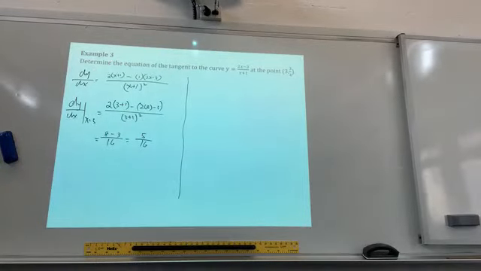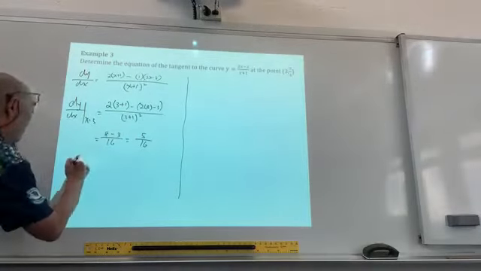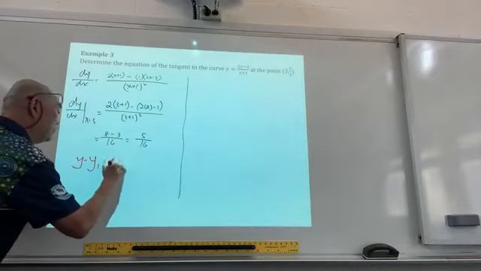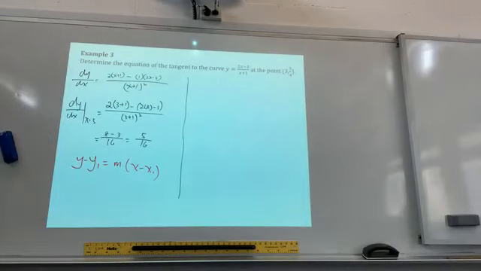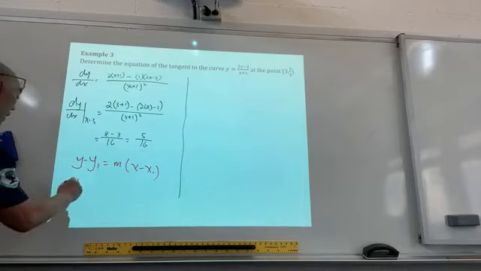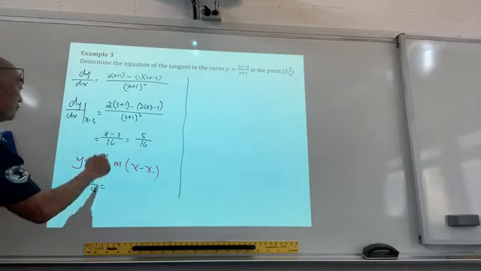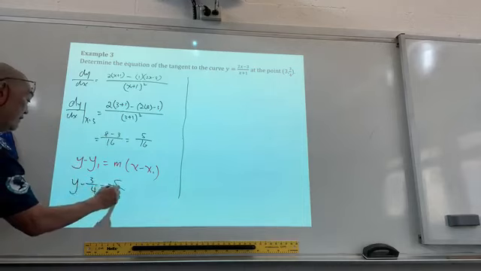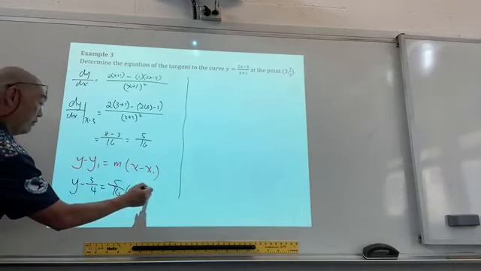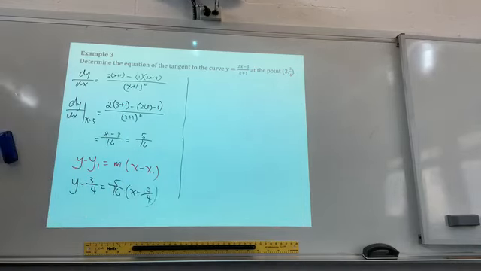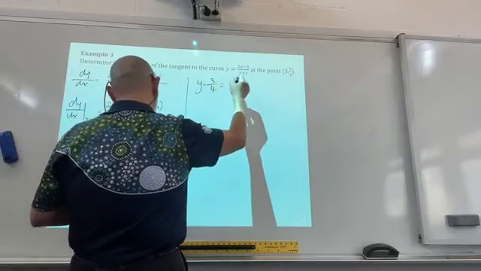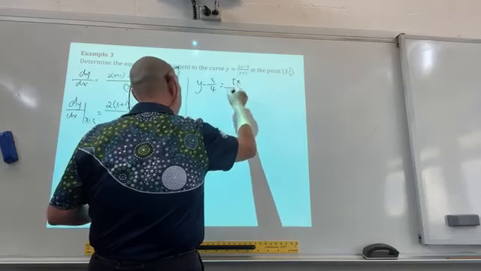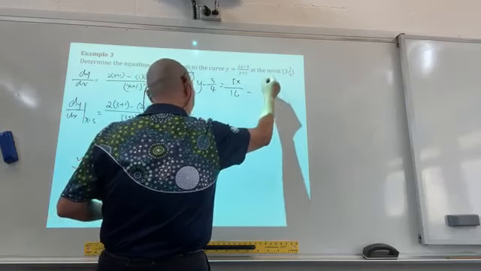So remind you again, using y minus y1 equals gradient m times x minus x1. All right? You know what y1 is? So y take away 3 over 4 equals the gradient 5 over 16, x take away 3 over 4. All right? So rearranging it, y minus 3 over 4 equals 5x over 16 minus 15